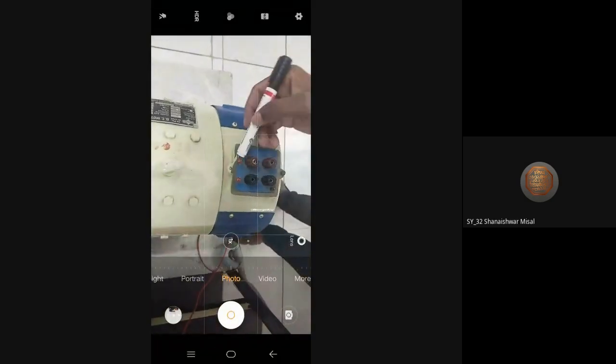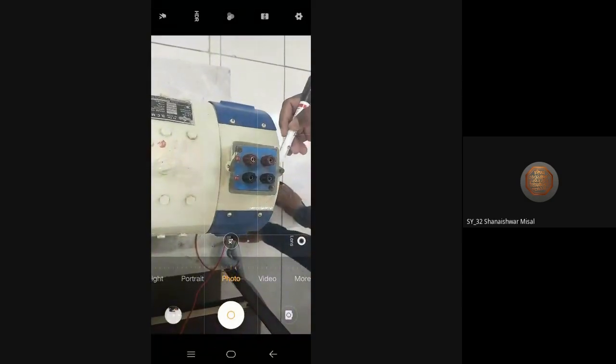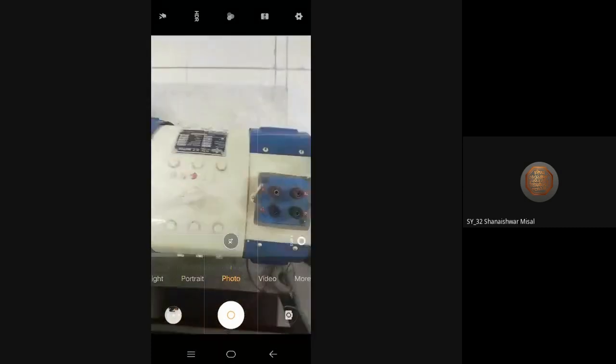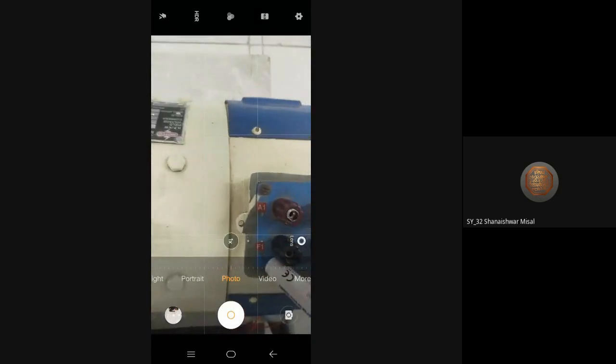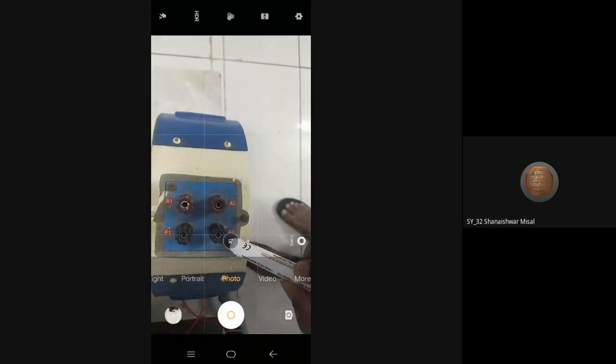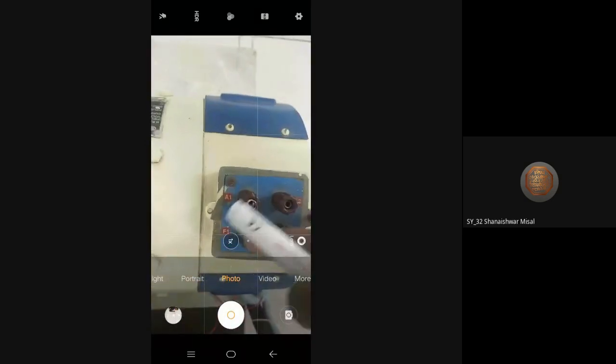So as in the figure, you have seen there is the A1, A2 terminal, then the F1, F2 terminal. You can see here, this is the A1 terminal. This side, this is the A2 terminal. Then here for the field, this is F1, and for the other side, that is F2. So these A1, A2, F1, F2 terminals are there. Then here also these A1, A2, F1, F2 terminals are here.